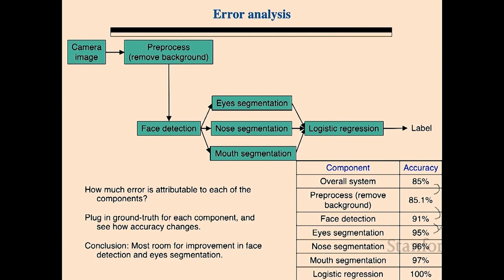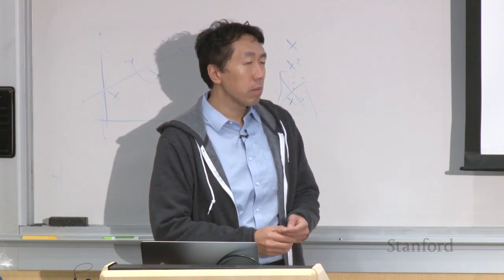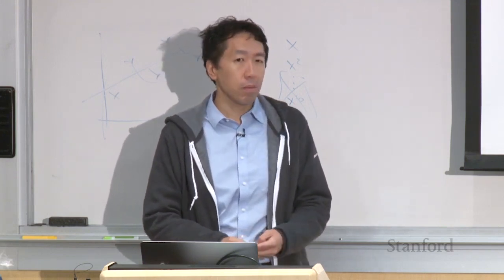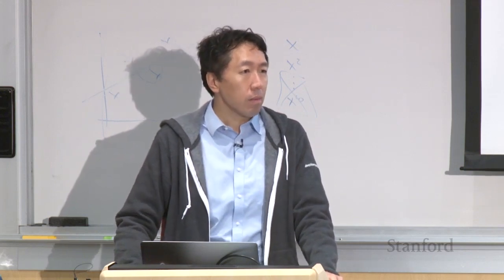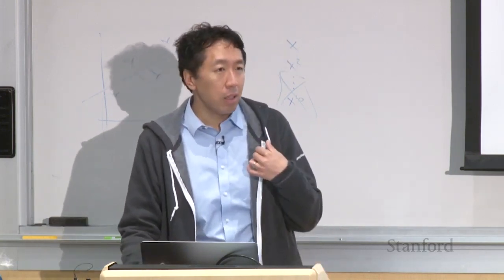This question? Could you do this cumulatively, or would you make the eye segmentation perfect and then go back, so the eye segmentation is not perfect anymore, and now we fix the nose segmentation, or do you kind of add to the previous? Yeah, right. So do you just do it cumulatively, such as give it perfect eye segmentation, then add on top perfect nose segmentation, or do you give it perfect eye segmentation, and then take that away, and then give it perfect nose segmentation? The way I presented it here is done cumulatively,